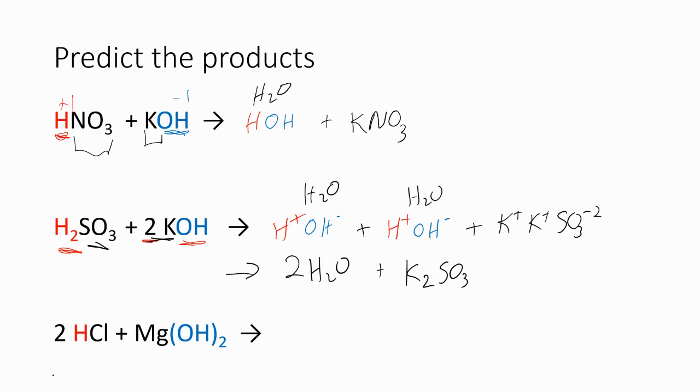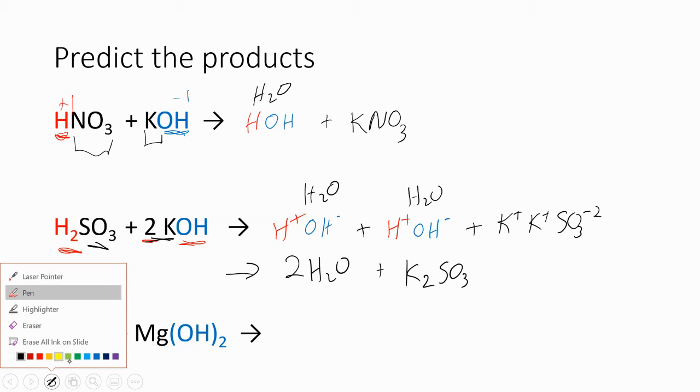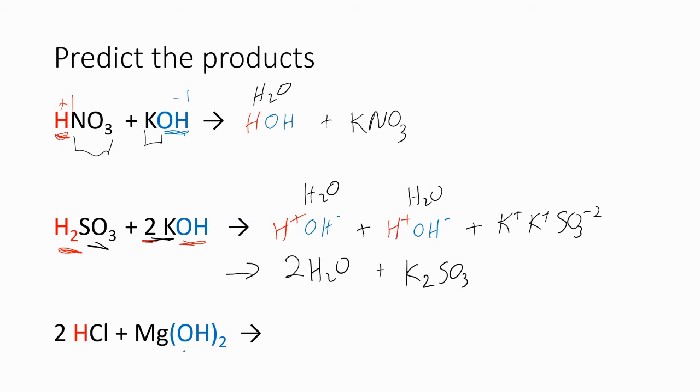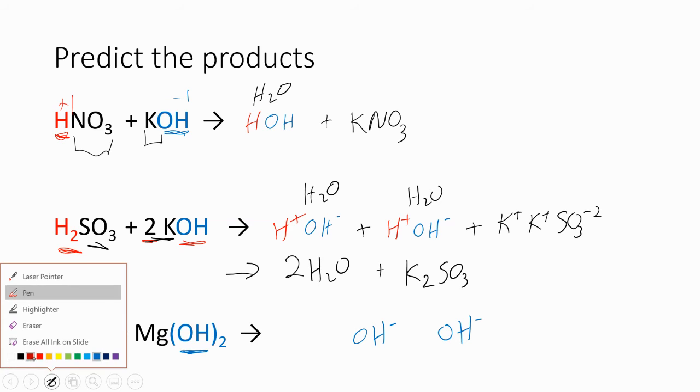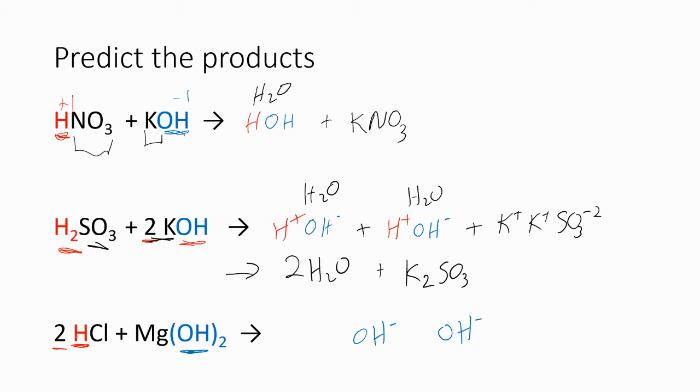All right, so we try it here again. This time the base is the one that has two OH minuses, and because of that, we needed two HCl's. We needed two of the H pluses, one for each of those,